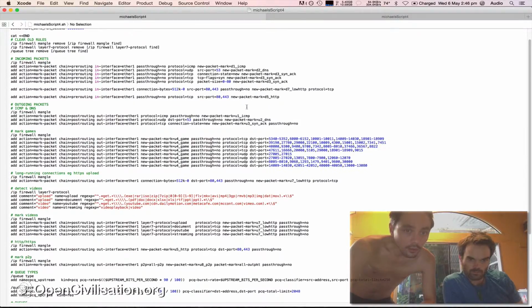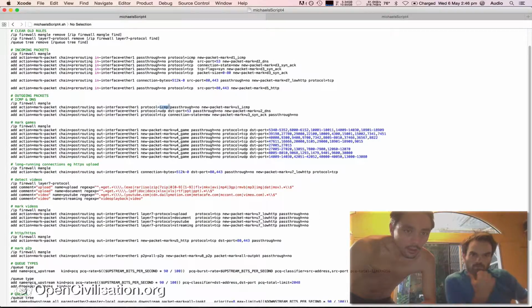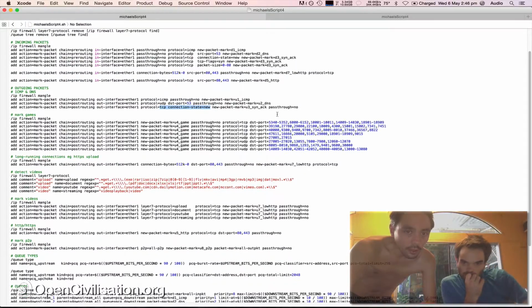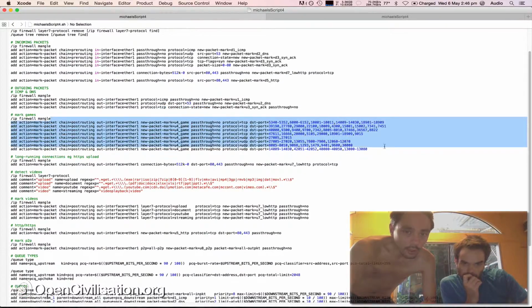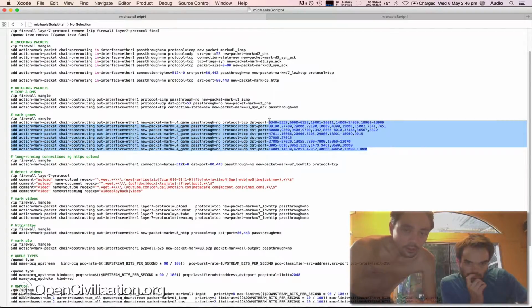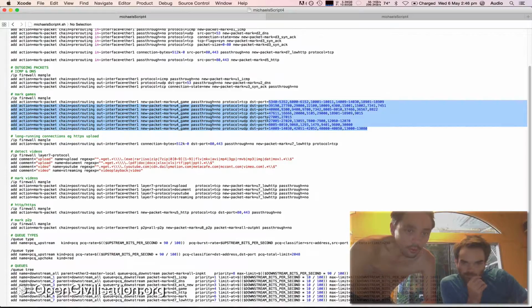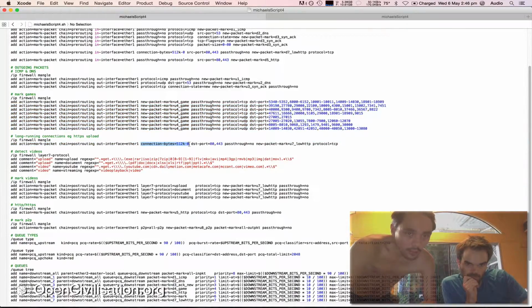And then we've got similar stuff down here for outgoing packets. Again, it's ICMP, DNS, new connections get through pretty early. We've got a whole block here for games. I just copied and pasted this port list out of somebody's post on the internet, so I don't know if those ports are right or not, but I presume you might like people to have decent gaming. This is the same connection bytes test